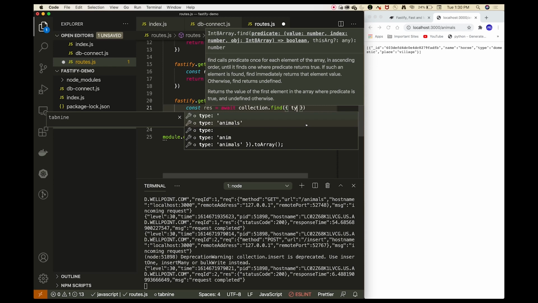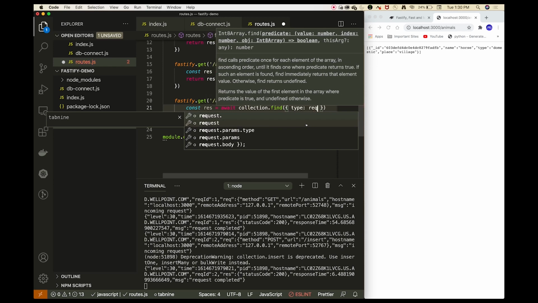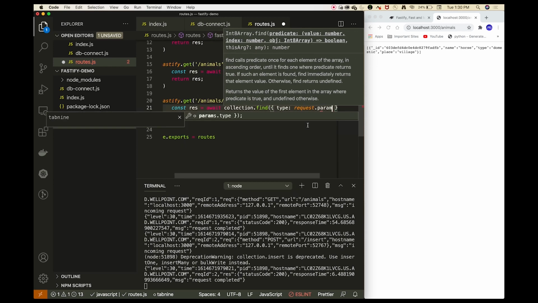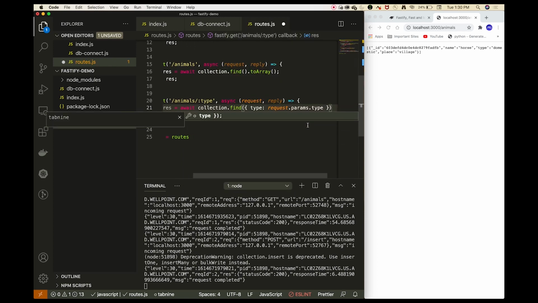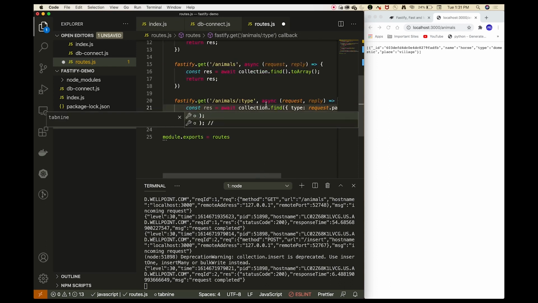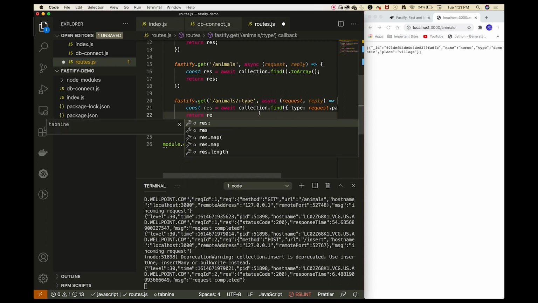This find query will take request.params type from it, and it will only give me those animals which are of the type which we have defined here. And I'll just return the response.